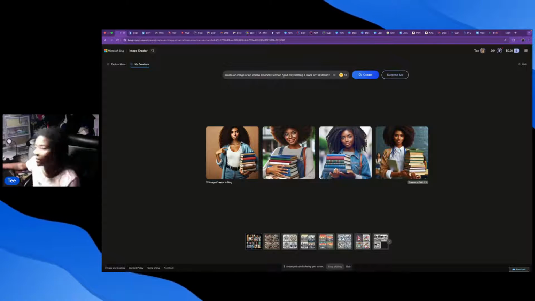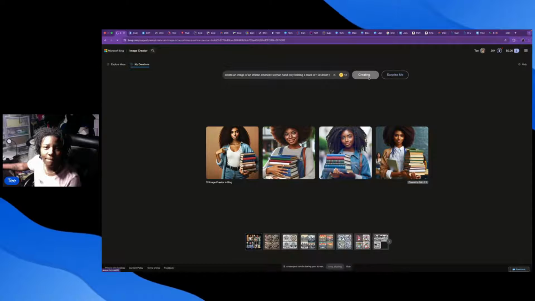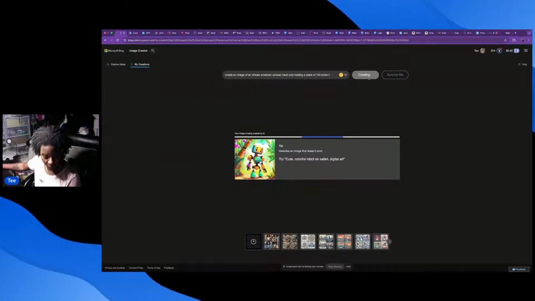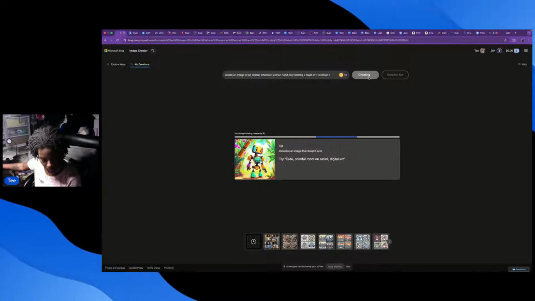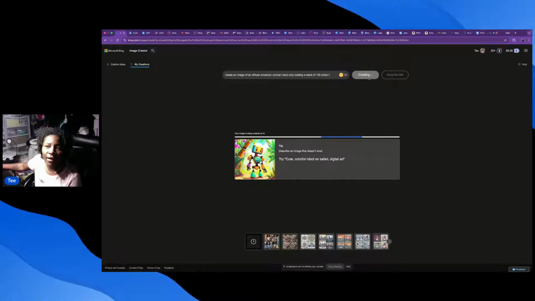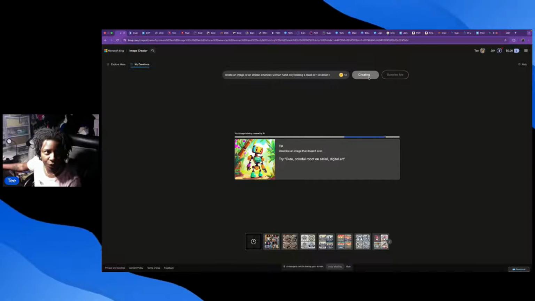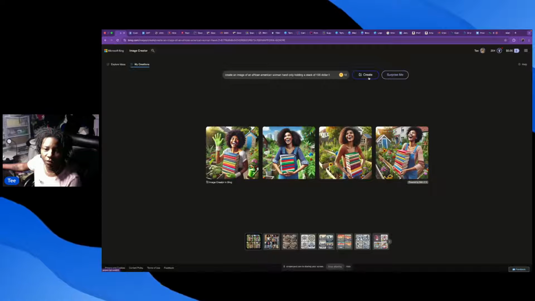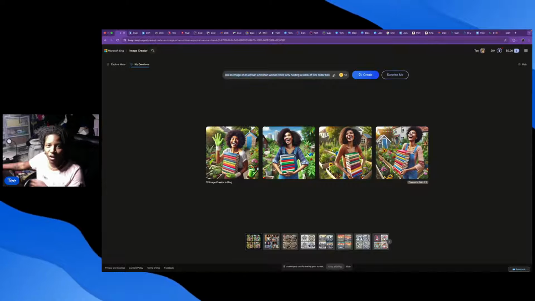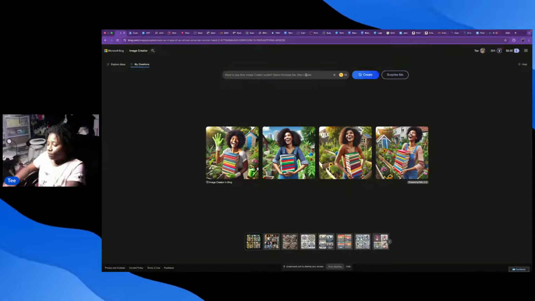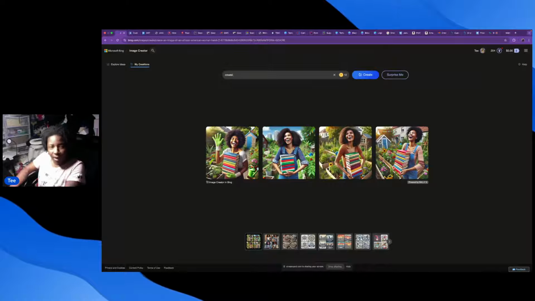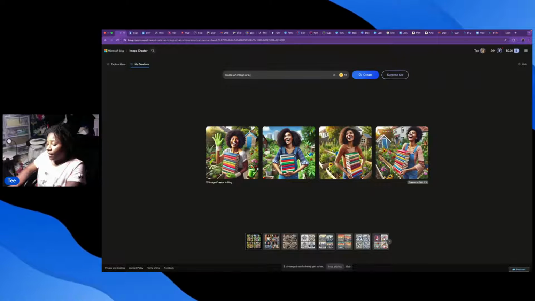Let's try this. You love AI, at least for now. I don't know why I keep getting books, but let's try it again, because the details do matter. So create an image of a